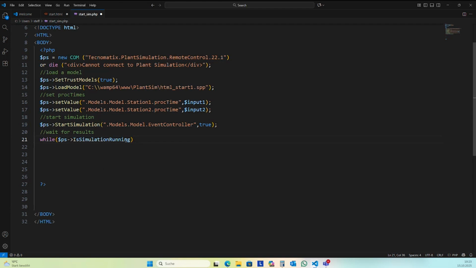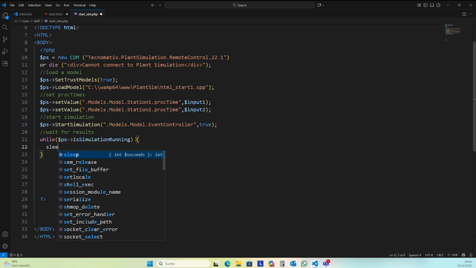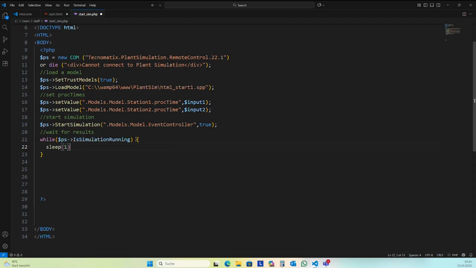Is simulation running? Returns if the simulation is still running. And then I can wait, for instance, for 1 second and keep waiting in this place here. And then I can read and display the results.